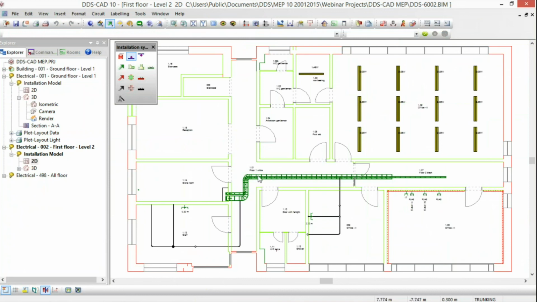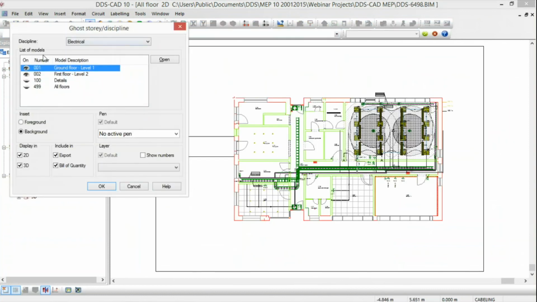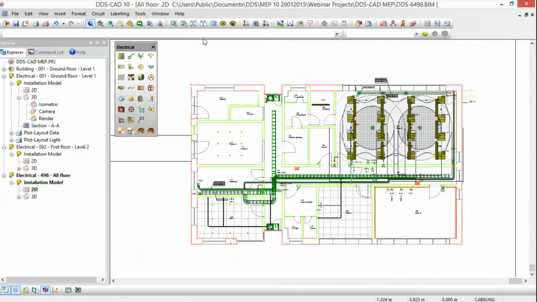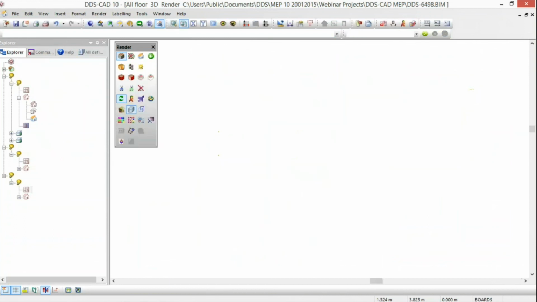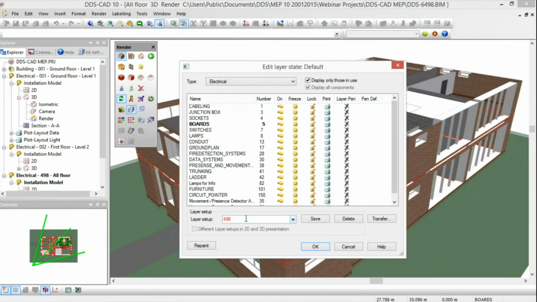So right now, if I open up all floors, I will identify to have two representations of the models. So everything is now selected and visible. And if I switch to my render mode, we will have an overview of the complete building, including all elements. And based on the layer settings, I can also have a predefinition of layer settings